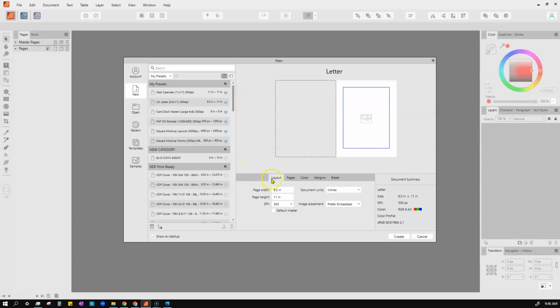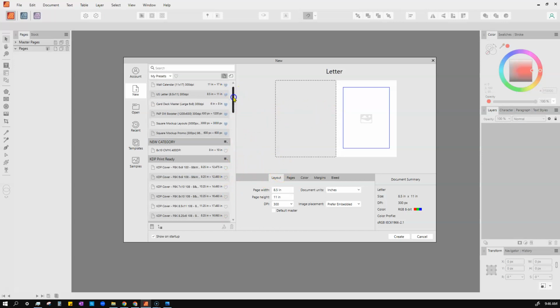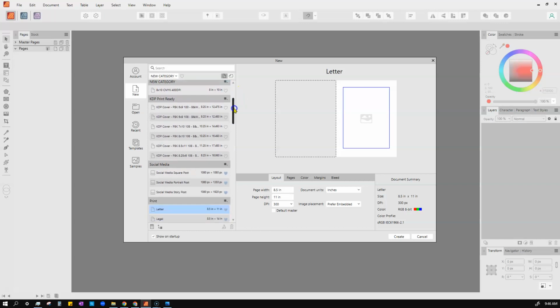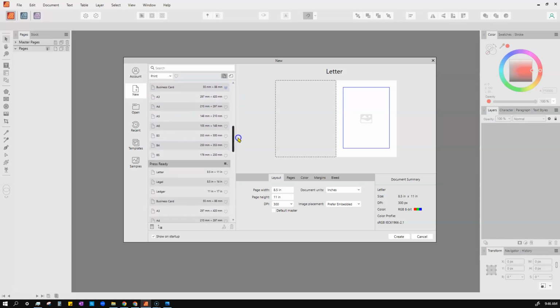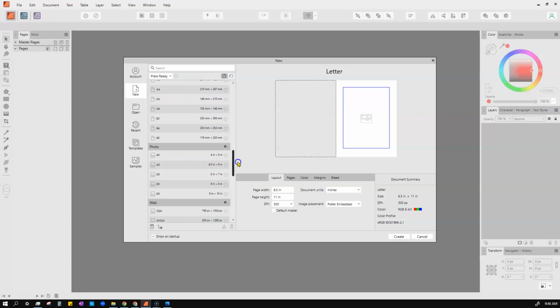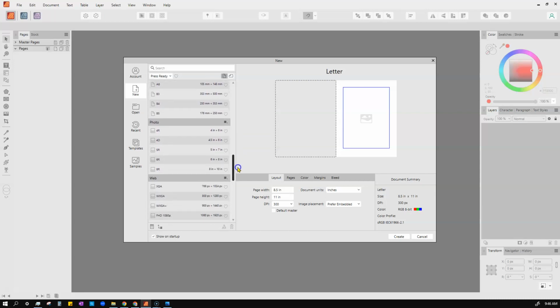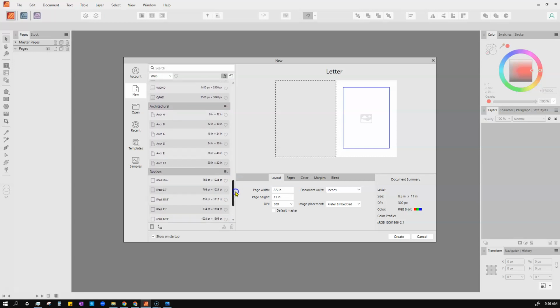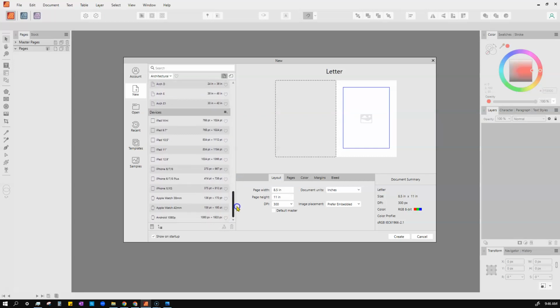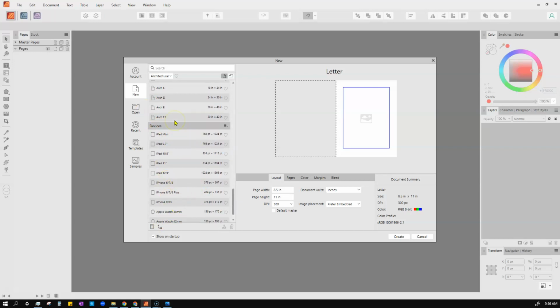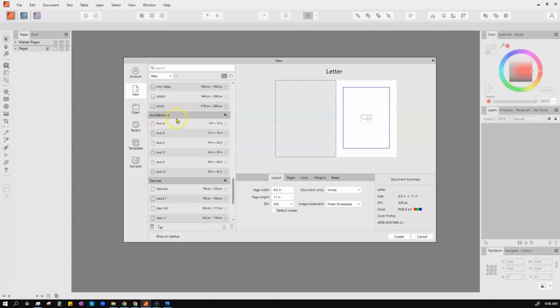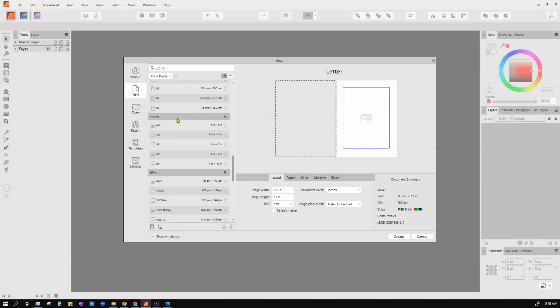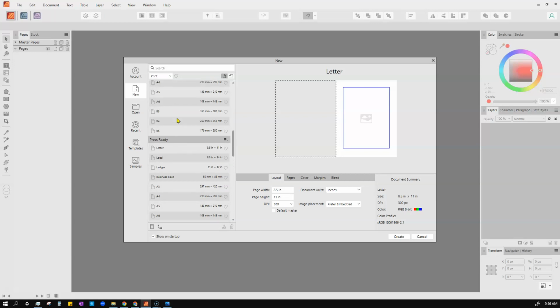But I have customized this, so it probably looks a little different than yours does. But you'll have some basic categories for like print and press ready. I may have organized it; it doesn't default back when I hit factory default, so it keeps this stuff. But you'll have things that are different. I know you have a devices category because I didn't change that. But you may find that your categories are a little different and you may want to organize them like